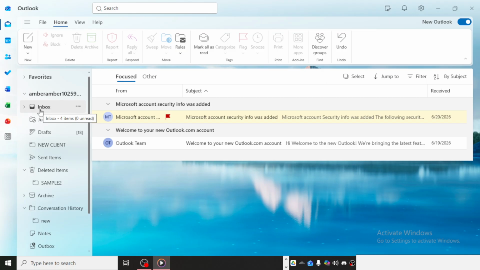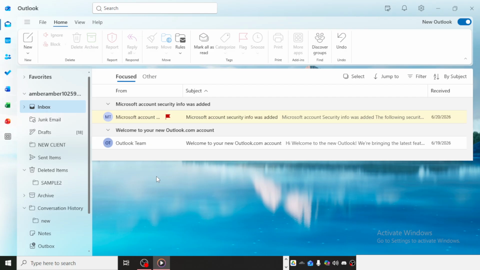After you press F9, Outlook will update your messages and look for any new emails that have arrived. In most cases, this only takes a moment. Once the refresh is complete, your inbox should display the latest available messages. If you are waiting for a new email, this is the easiest way to prompt Outlook to update right away, instead of waiting for it to refresh automatically on its own.